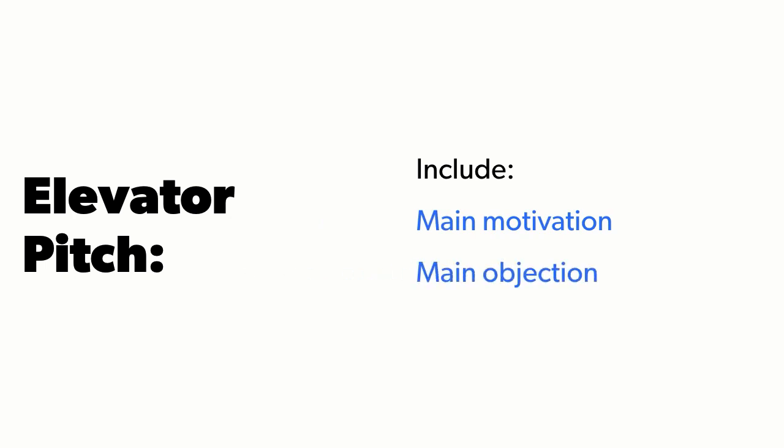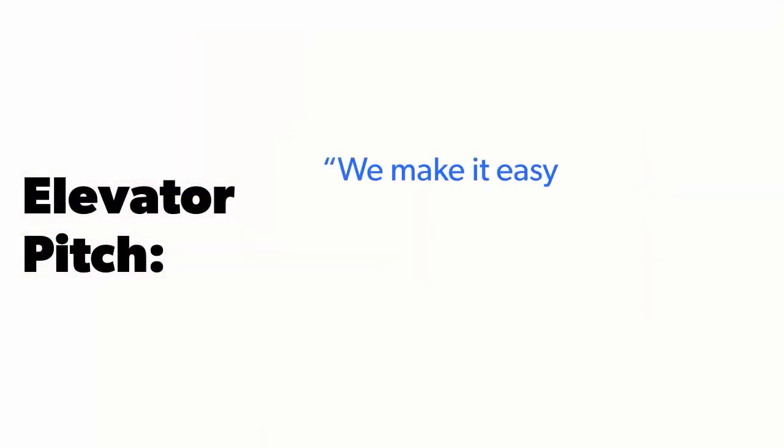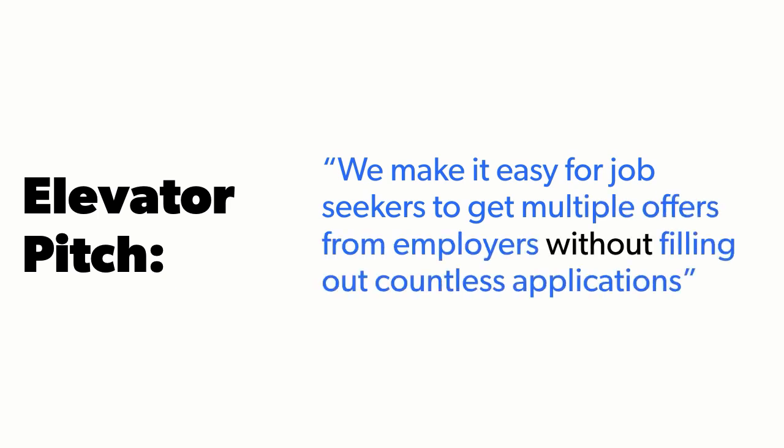So next you're going to want to craft your elevator pitch. Basically you're going to take the main motivation and the main objection and use the word "without" right in the middle of it. So it emphasizes what they get and the fact that they don't have to suffer through the part that they don't want. An example of this might be, we make it easy for job seekers to get multiple offers from employers without